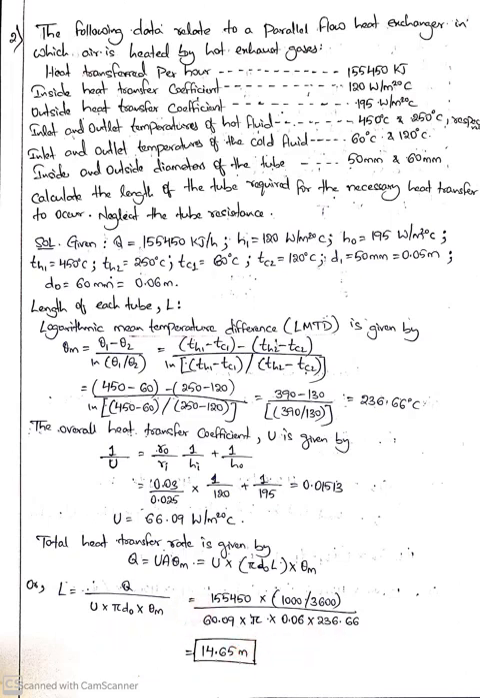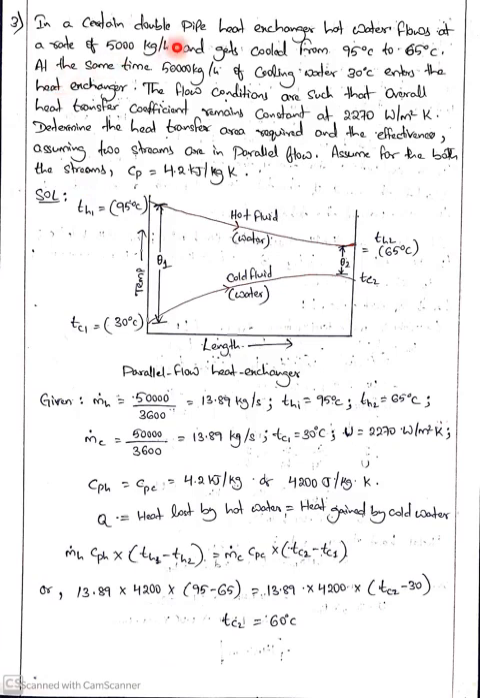So shall we see the next problem. In a certain double pipe heat exchanger, hot water flows at a given rate. It gets cooled from 95 to 65. He has given the temperatures of the hot fluid. At the same time, 5000 kg of cold water, he has given the mass flow rate of cold water,